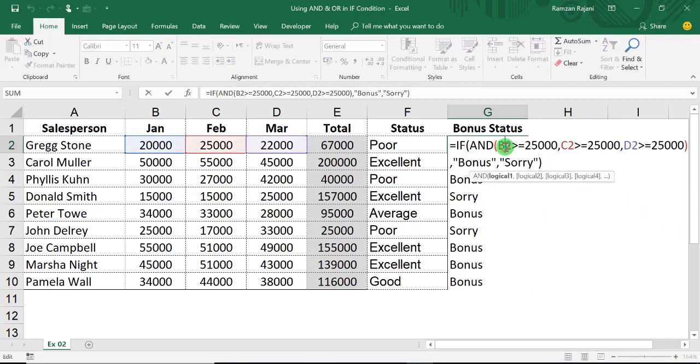There is another thing, instead of and you can even write or. So if you say just